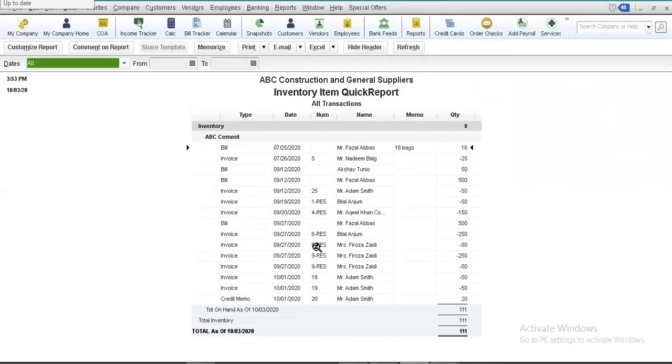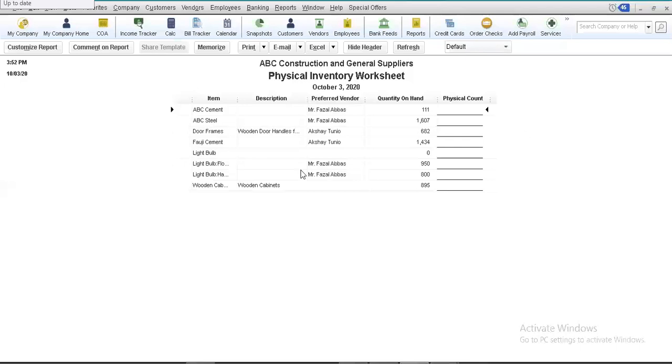Now as you guys can see, the item name is also listed over here. You can drill each item down. This is basically one of the specialties of QuickBooks, all right, that you can drill down each report so that you can customize it further. All right. And going back, the description is also available. The preferred vendor is also listed. The quantity on hand is listed. And the fifth column is basically empty. Now this column actually relates to the physical count. All right. You can either print this, you can email this or export this to Excel.